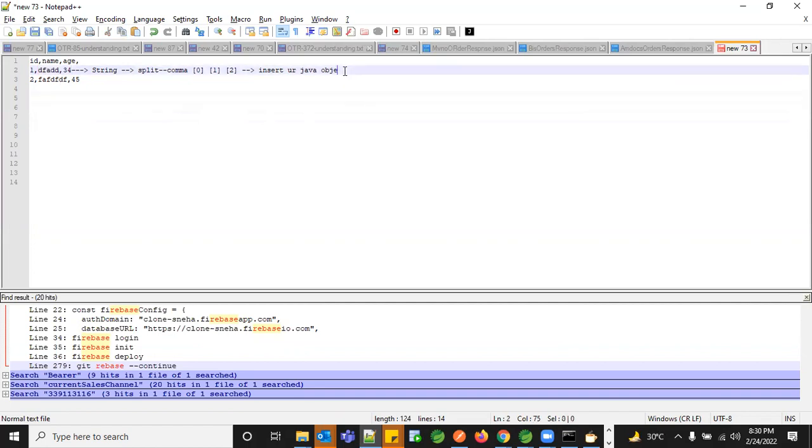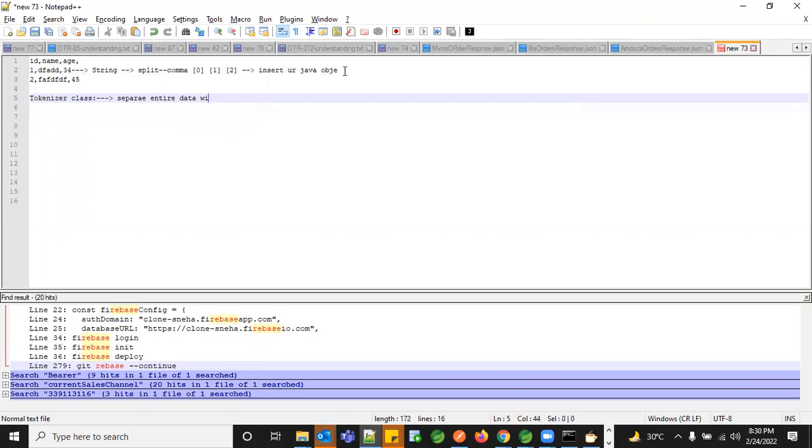There is also something called the tokenizer class. Okay. This is again the same thing we do with the split function, but explicitly they have given you a tokenizer class, which helps you separate your entire data with a comma or whatever token you want to use, and get it in array format or list form, however you want.